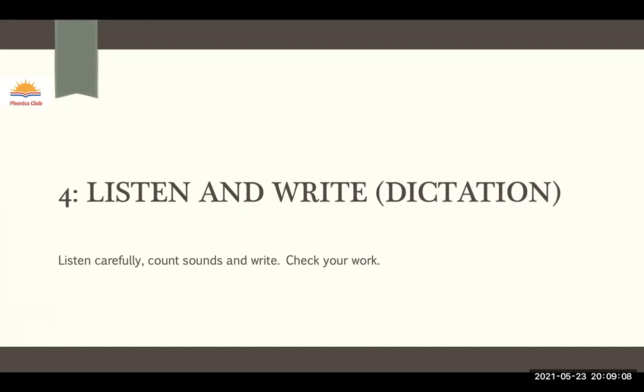Please check your work now. You have got 10 words altogether. Check your work carefully, check all the spellings. I'm going to repeat once again. Number 1, cap. Number 2, dot. Number 3, men. Number 4, stop. Number 5, drip. Number 6, boat. Number 7, chip. Number 8, thin. Number 9, shoot. And number 10, nutmeg. Thank you. Now you can check your work.